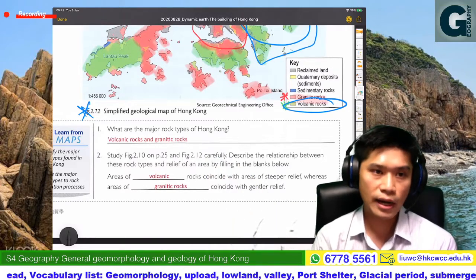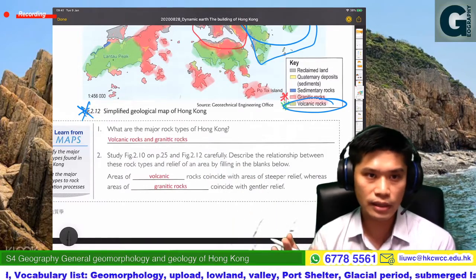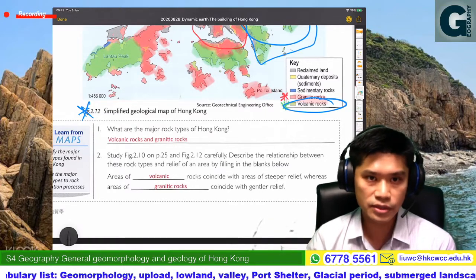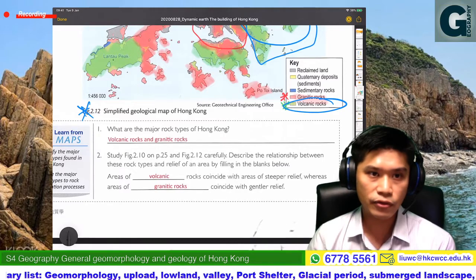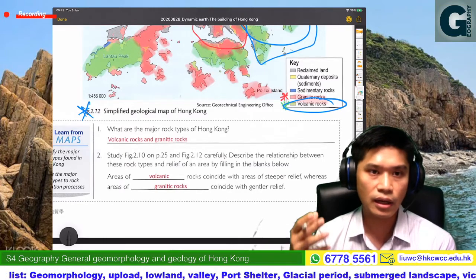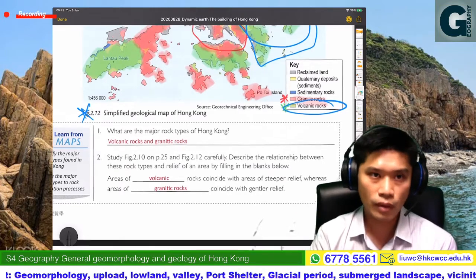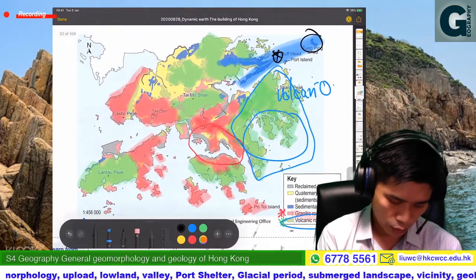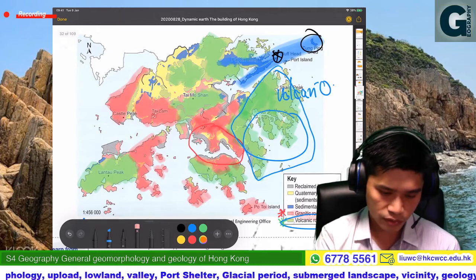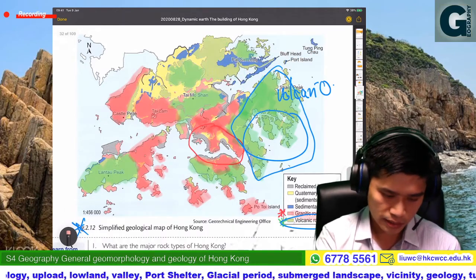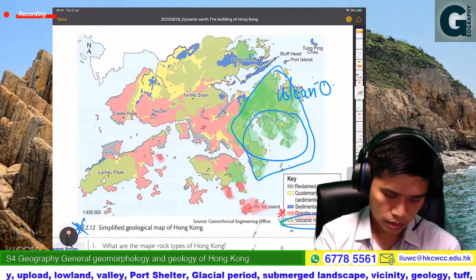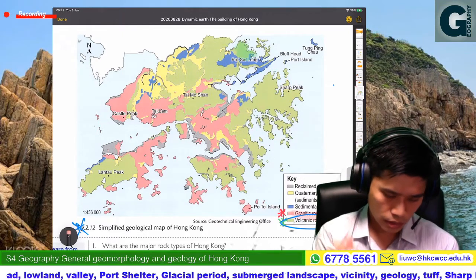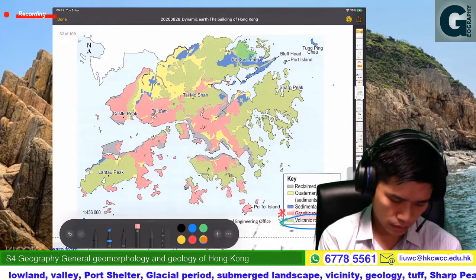Okay, so areas of volcanic rocks coincide with areas of steepest relief. Areas of granitic rock coincide with gentler relief. Okay, so one more thing I need to talk about, I hope you can find out the relationship. 好啦，咁呢度我就拆咗佢先啦，Okay, just now in the previous part,